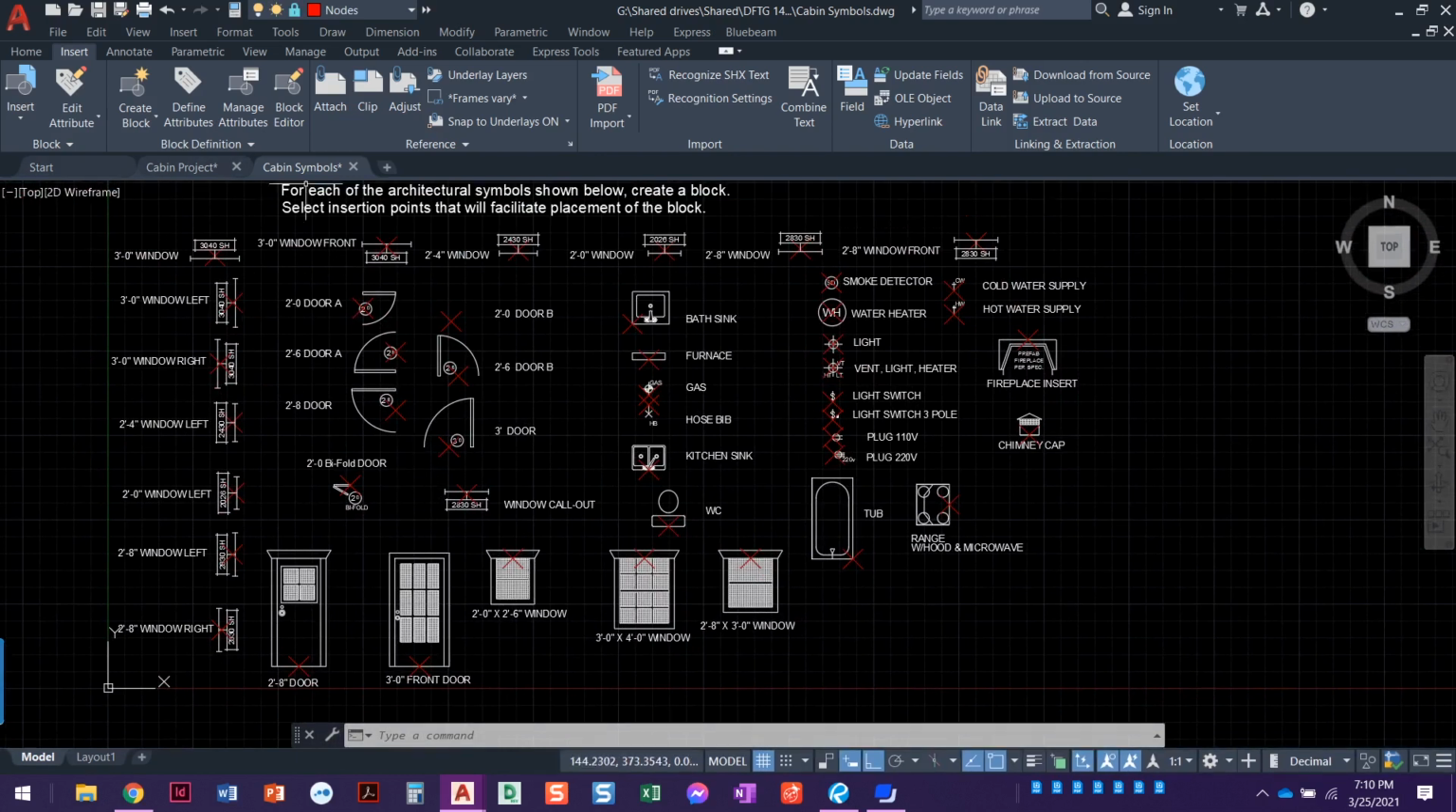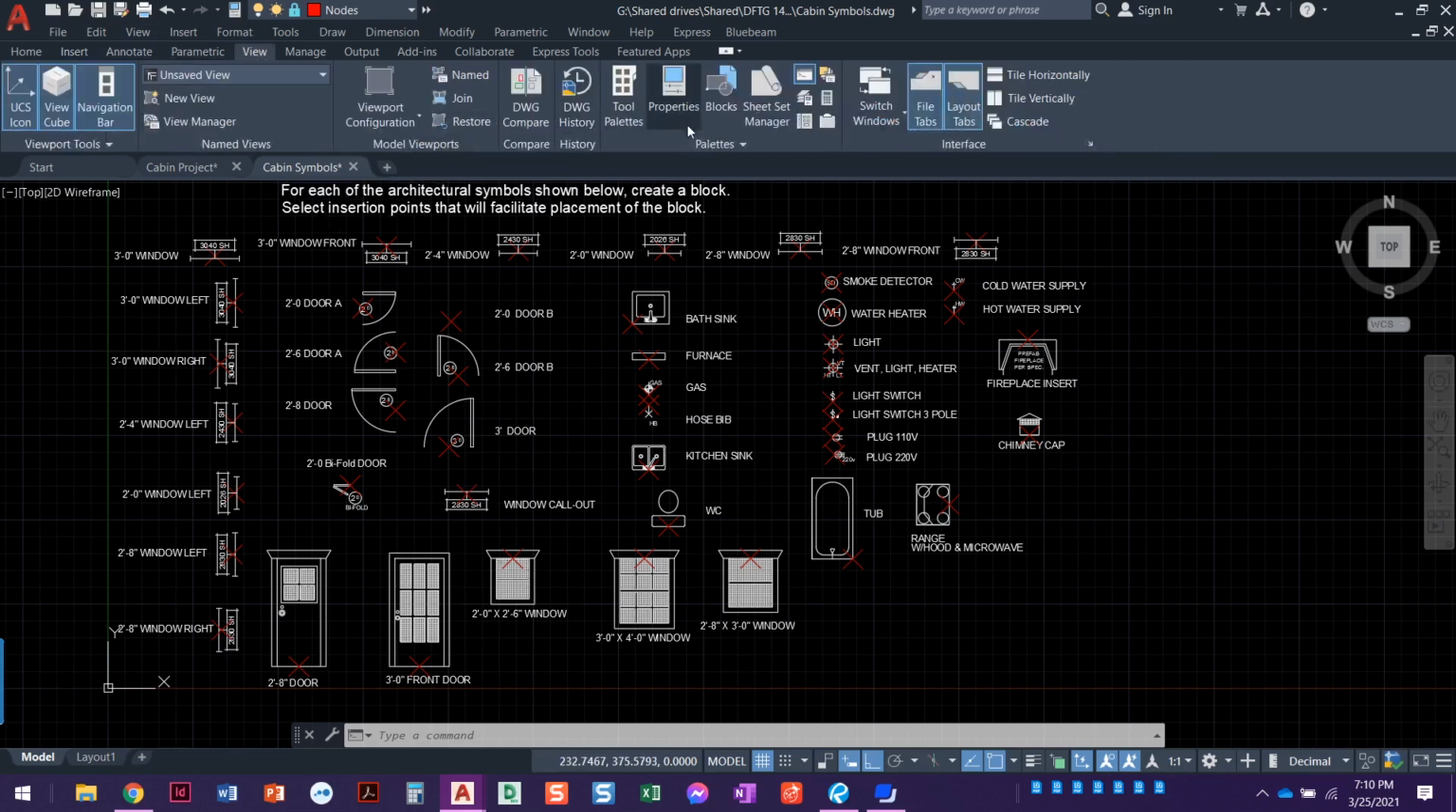When you're done, you will close and save this drawing. And then you can use the Design Center. So let's go to View. Where's Design Center? It looks like a little calculator right there. Or you can type DC Enter. And with the Design Center,